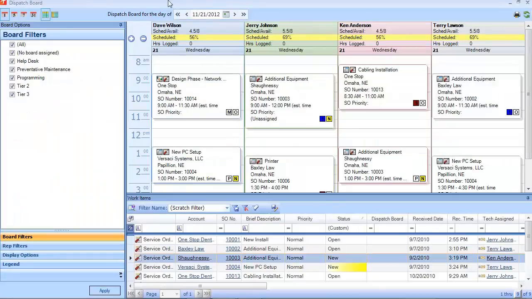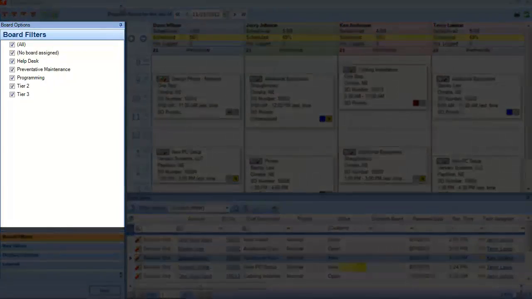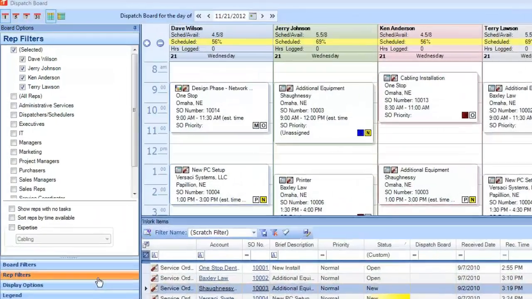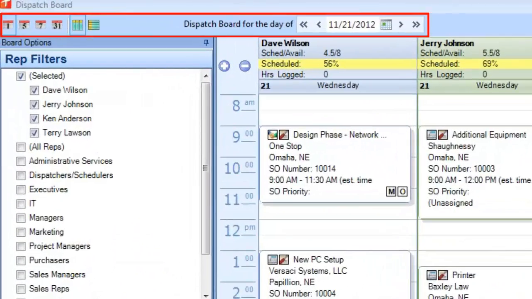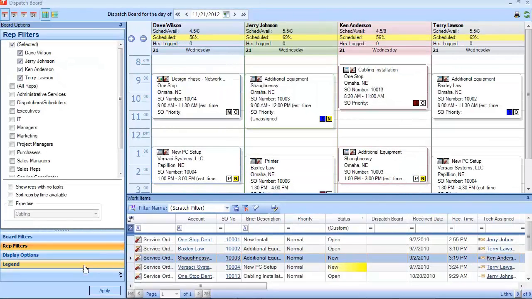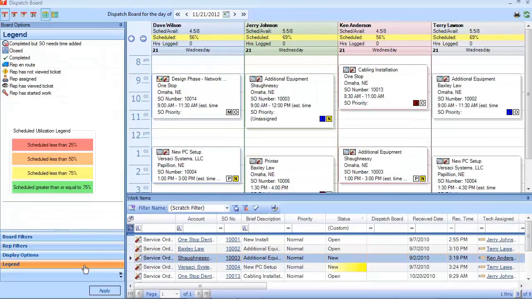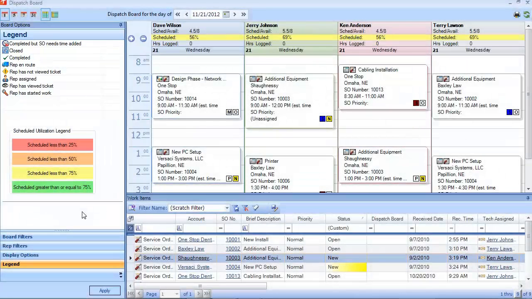With this board, dispatchers are now able to select specific boards and reps or rep groups to view for a selected date range in a calendar or timeline layout. We've also included integration with Tigerpaw Mobile. At a glance, the dispatcher will know if a tech is en route, on site, or done. Ultimately, this board provides a single access point to efficiently dispatch technicians, manage new service orders and email requests, and